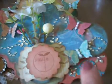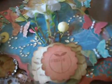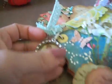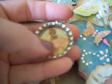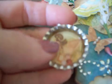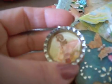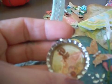Moving on. Alright. And then some of my butterfly punches and little pearls, and I cut them inside. And then right here is a bottle cap I bought, a bunch of them from an Etsy person too. I'm going to need to look this up a bit better to put them in my description box to promote them, because they sell them for really good prices. It's like a bag of about 50 of them for like $10. And then, of course, we all know that's Graphic 45. You can't see it in my camera, but these are a bunch of crystals, and I just put them inside of the, man,